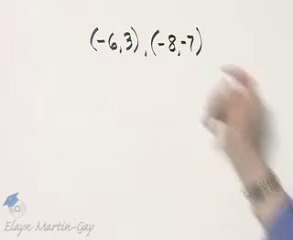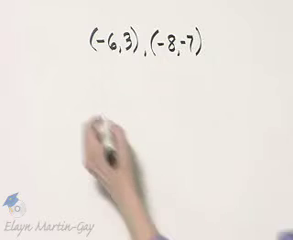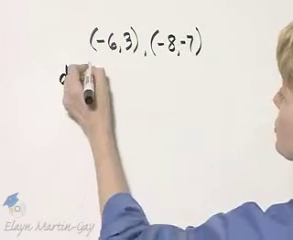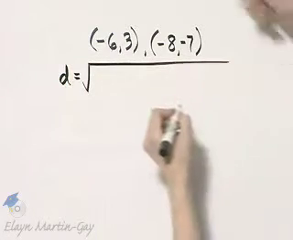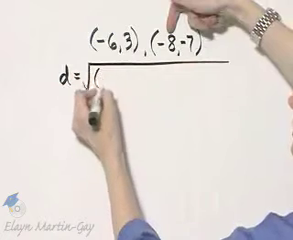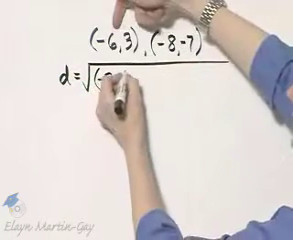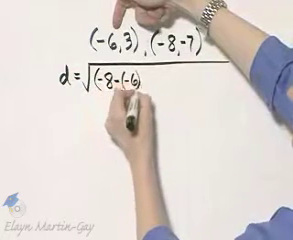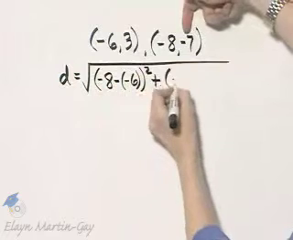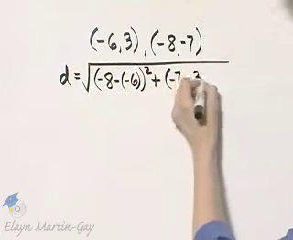Let's find the distance between these two ordered pairs on the coordinate plane. So we will use the distance formula. Remember, distance is equal to the square root of x1 minus x2. I'll just call this x1. So that's negative 8 minus negative 6, and that quantity squared, plus this y, negative 7, minus this y,